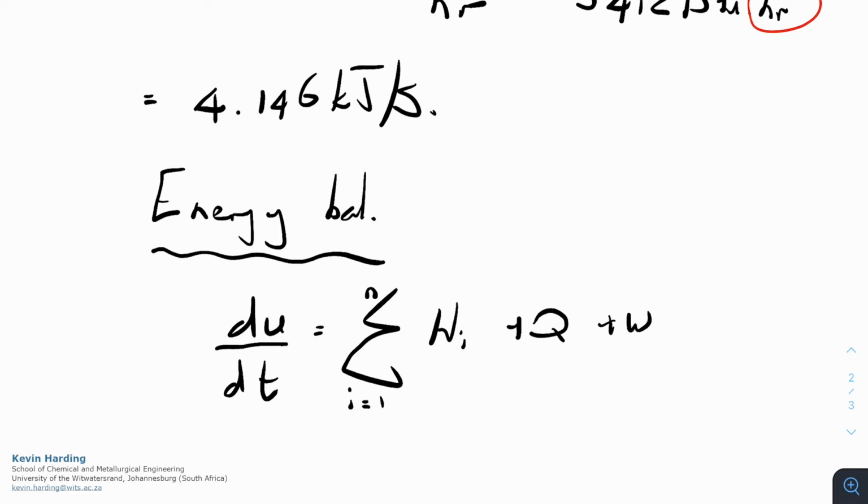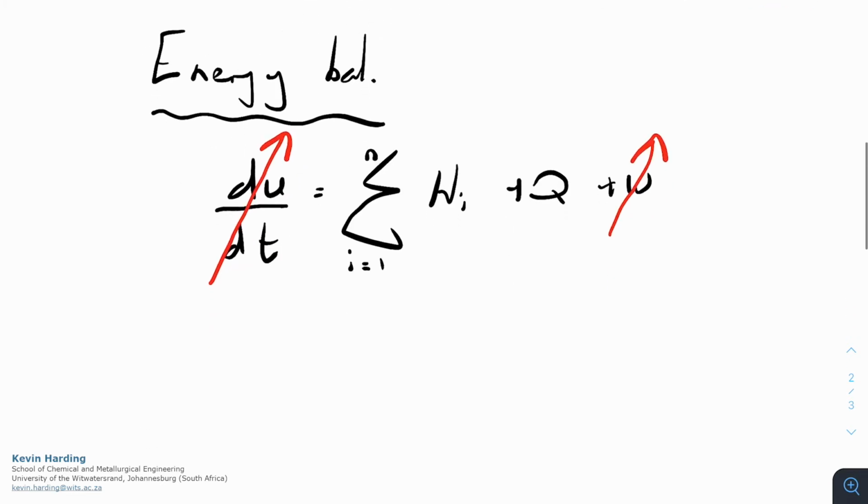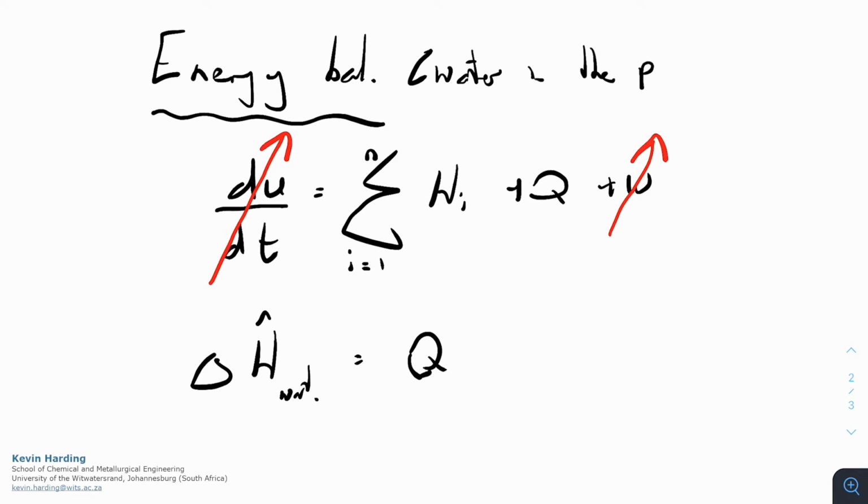If we do this very quickly so that I can get down to what I need to do, it's at steady state. There is no W, there's no work term that was assigned to this. So what we're left with is that the delta H, and this is of the water that flows through that pipe, is going to be equal to the Q term that is coming in from that steam. We just need to check the signs when you do the maths here, but I'll leave that for you to check while you're doing this yourselves. Just to clarify here, this is the energy balance of the water in the pipe. So this is what we're ultimately going to solve for.